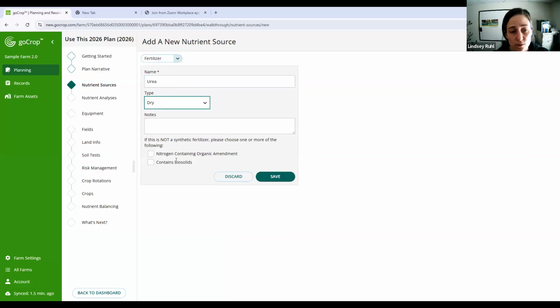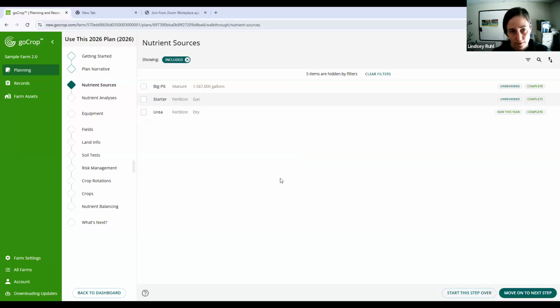I also have these 2 questions when I'm adding a fertilizer source. And that is if it's an organic amendment that contains nitrogen. So that means that it's an organic amendment that's going to release nitrogen over a few years, right? If you're using something like agrotain, that's a short release or slower release nitrogen, it doesn't count because it's a synthetic material. So it's only if it's an organic amendment that contains nitrogen, or if it's a biosolid. You'll choose that here. Urea is neither. I'm going to click save. And now I've got urea, my dry